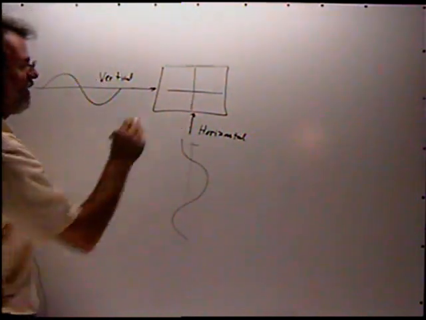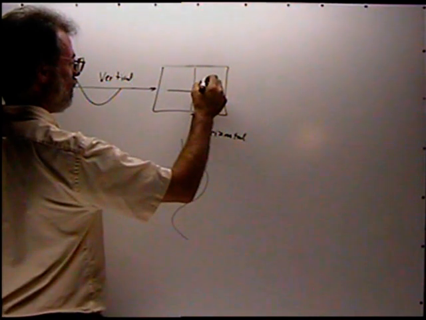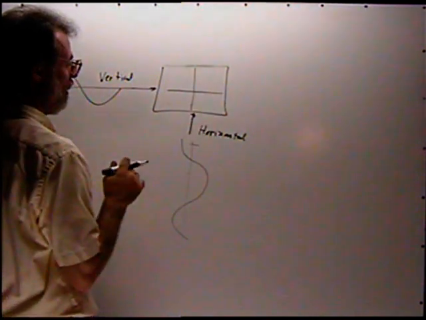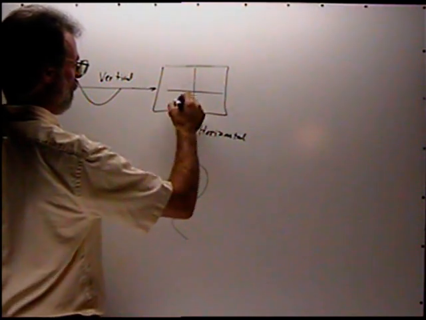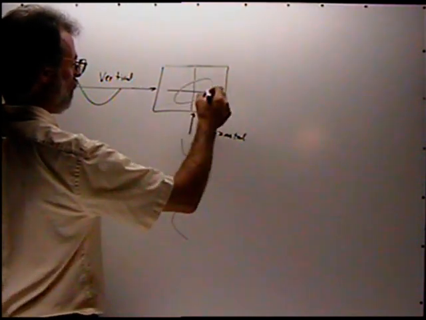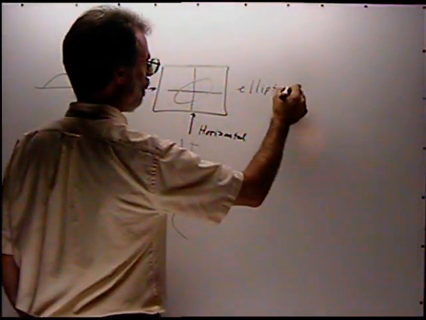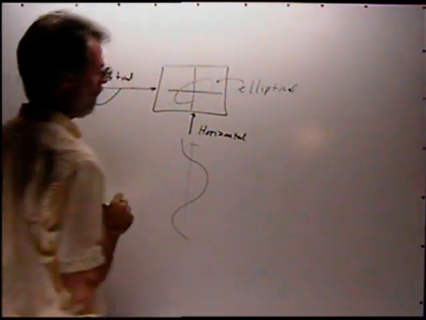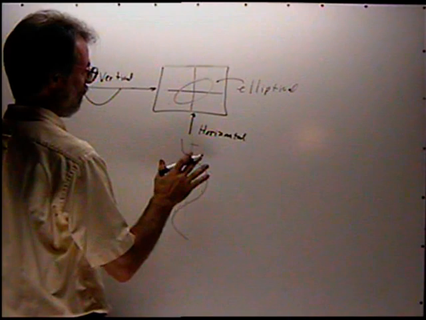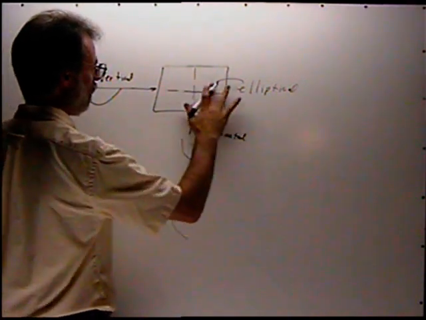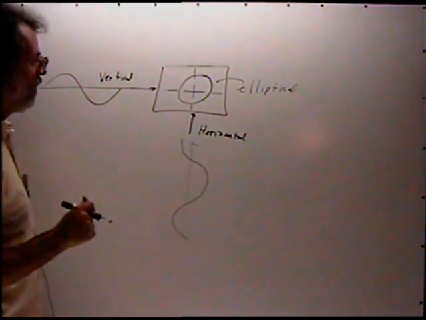Okay, then it gets out of phase, and what we start to generate is a pattern that starts to track what's called an elliptical orbit. Elliptical orbit. Okay. Now, when it's 90 degrees out of phase, okay, it actually becomes